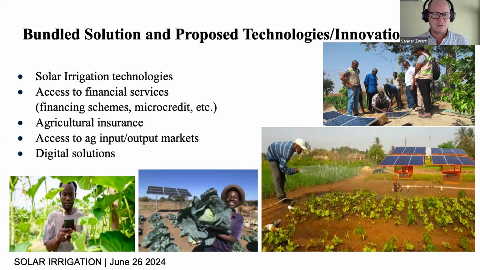Challenges, of course, the access to the financial services. So it's a huge investment for a farmer to do on his or her land. So how can we assist a farmer, create an enabling environment so that farmers can have access to microcredits, or that there are maybe payment schemes that come with it by the company that provides the technologies. I mentioned agriculture insurance can be part of this bundle,